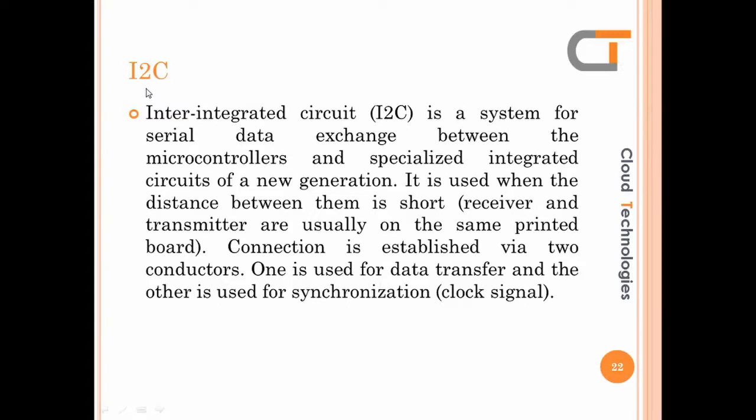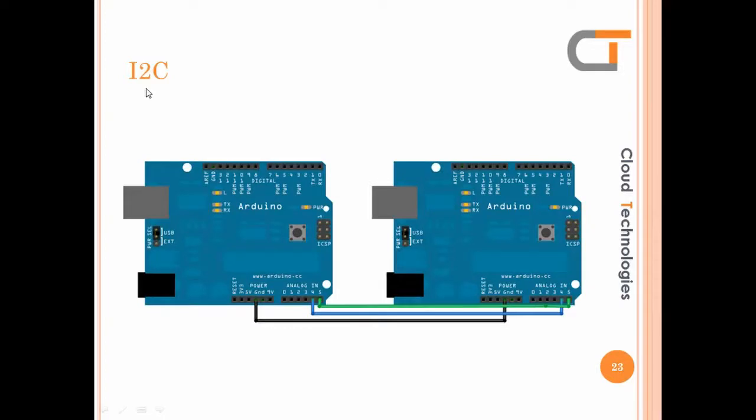So we can see the I2C communication between two Arduino boards. We can connect two Arduino Uno boards like this. A4 is the analog pin A4, which is connected to A4 of the second Arduino board, and A5 is connected to A5 of the second board. Like this we can communicate using I2C. The boards should be grounded, then only the communication will happen. So this is the I2C communication.